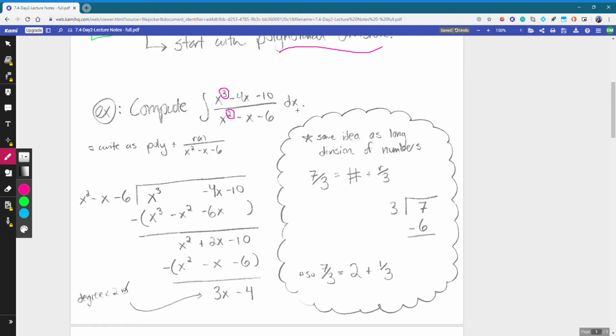We need to do some polynomial division. Well, what's nice is that if you haven't done this for a while, the idea is exactly the same as this long division of numbers. And so what I'd like to do is just talk about that for a minute and then jump over and see how it looks with